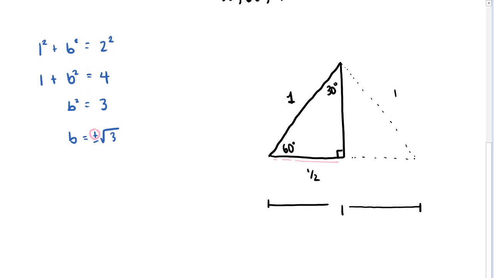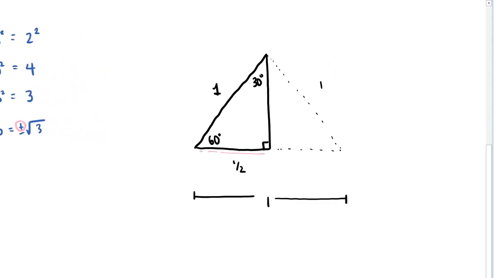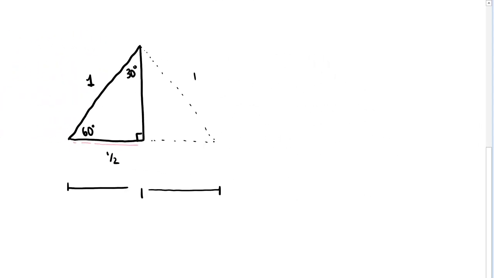And then we can use the Pythagorean theorem again. Here maybe, let's just do that. We'll have 1/2 squared plus, here I'll call this again b, b squared is equal to 1 squared. And 1/2 squared, well, that's 1/2 times 1/2, that's 1/4. Plus b squared is equal to 1. And then subtracting 1/4 from both sides gives us b squared is equal to 1 minus 1/4, and we can rewrite this as